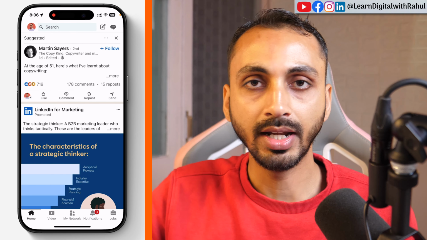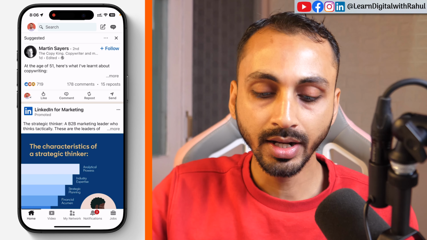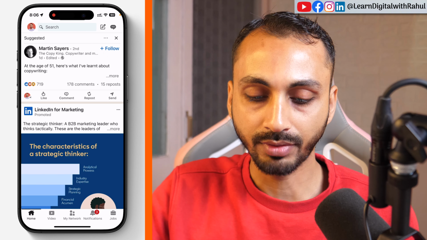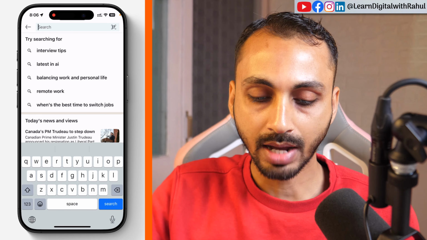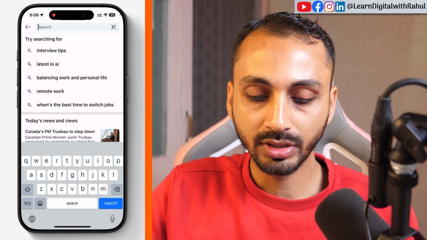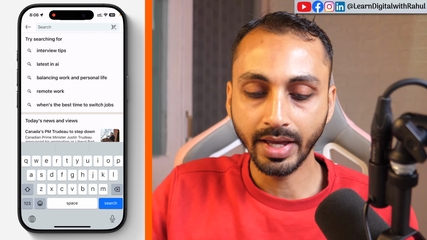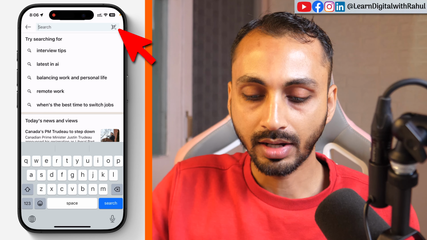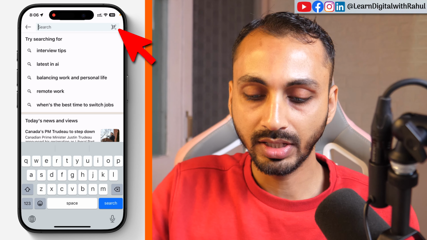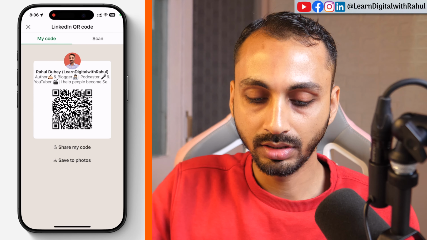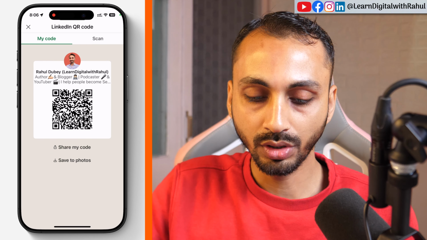So first open the LinkedIn app, and once opened, simply tap on the search field that you see here next to your profile icon. After that you will see the option for entering a search query in the search field. But here we are going to tap on this icon for scanning that you see here in the right corner, and once you tap on that, you will see that it will show your QR code